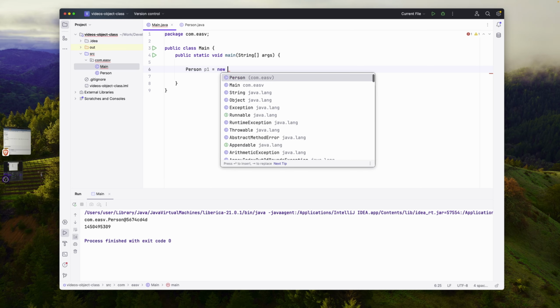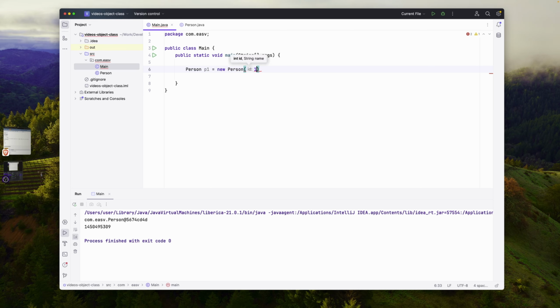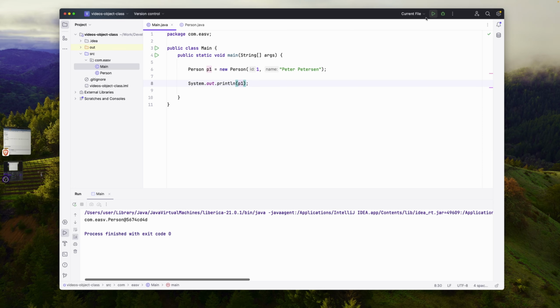Person 1, new person, ID 1, Peterson. Okay, so now we have one person here, and if we create a system out print line, we can see, if I write P1 and I run the program, we can see that it prints out